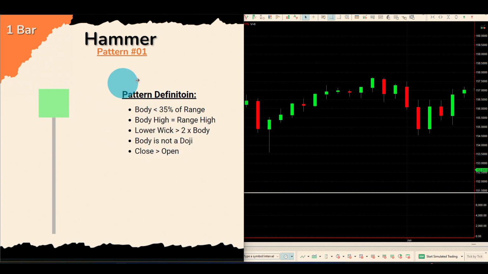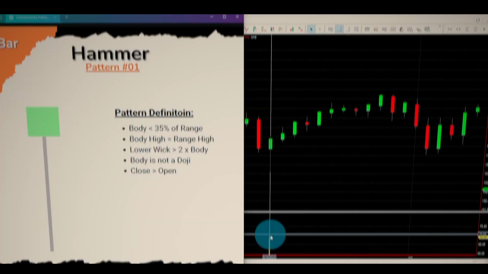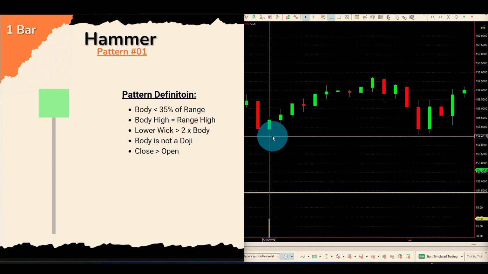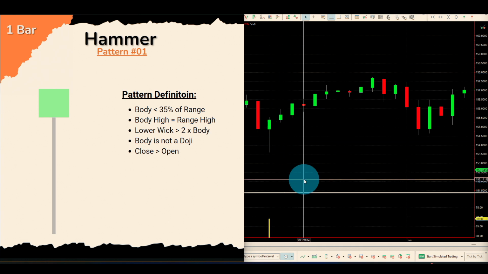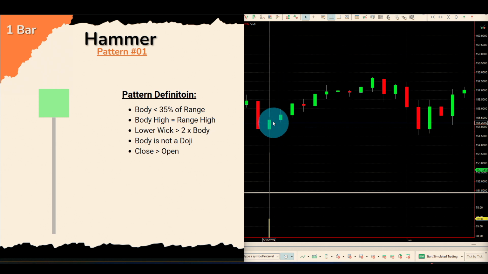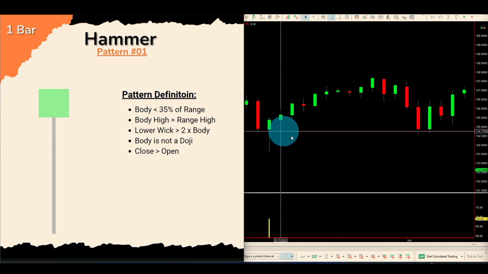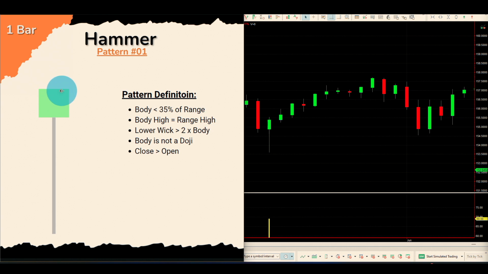And so that's what I'm saying: you need to be very careful when programming these patterns. So I built an indicator to show these patterns on the chart. Here is the first pattern recognized by the filter. As you can see, this is the hammer, and it looks like a hammer, but it has a little bit of space on the top. And that's what I said, that I leave about 5% allowance tolerance between the body high and the actual high